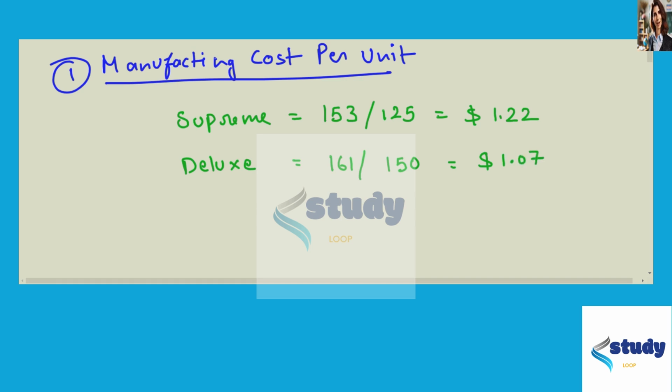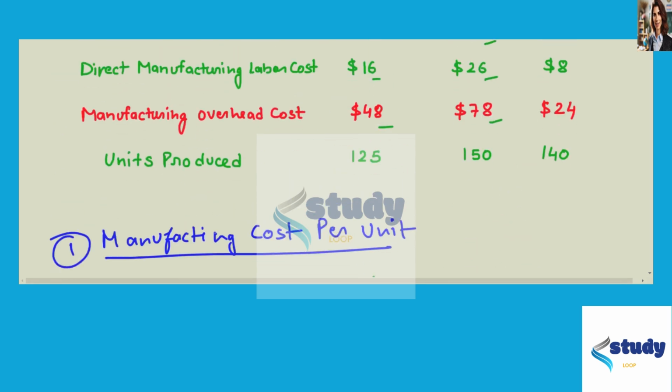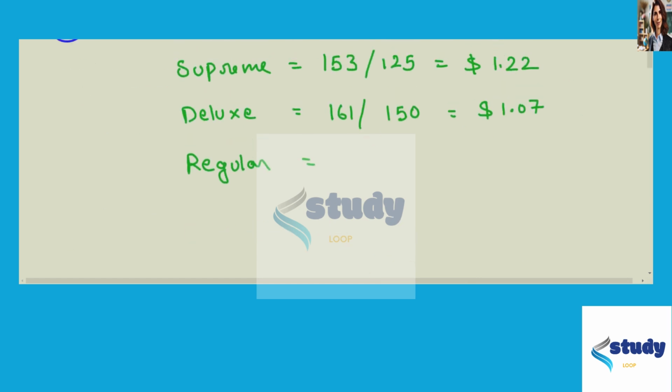Now next is Regular. For this, total manufacturing cost is $60 plus $8 plus $24, which totals up to $92 divided by 140, that is the units produced, which on solving gives